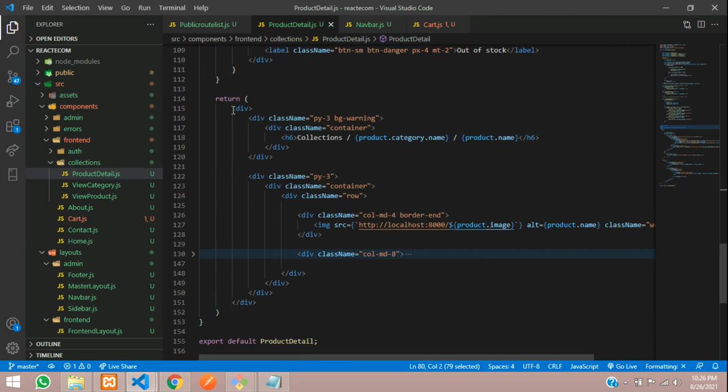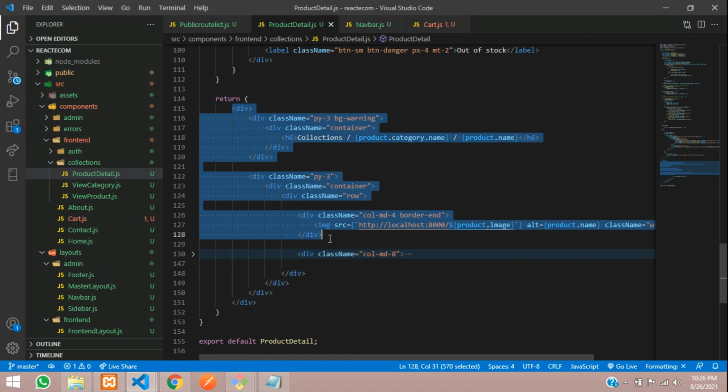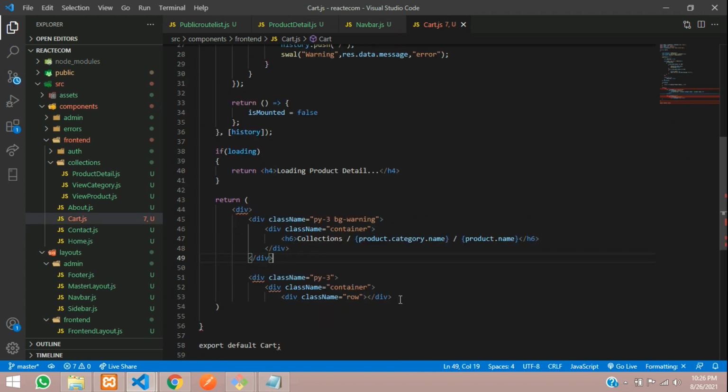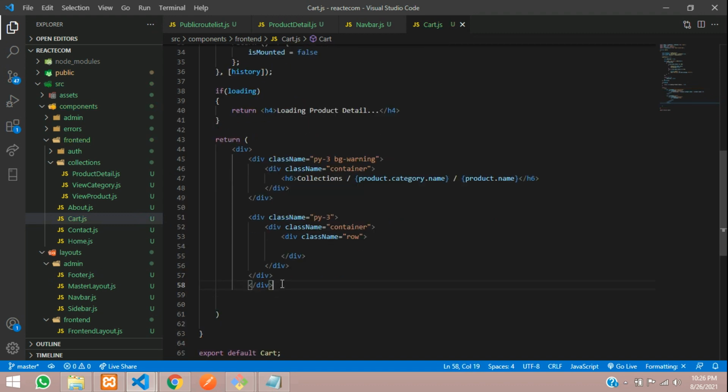Let's move, just copy till here and end the div tags. So this row is done. One more row, all set, and the final row for the above div.